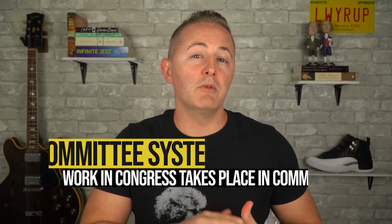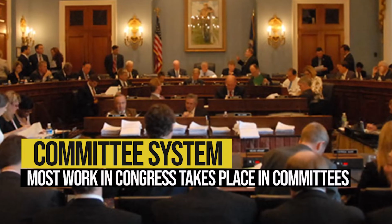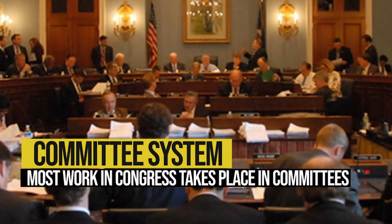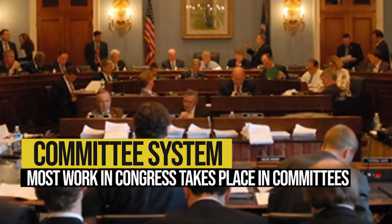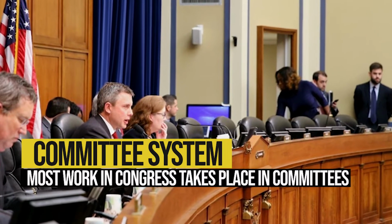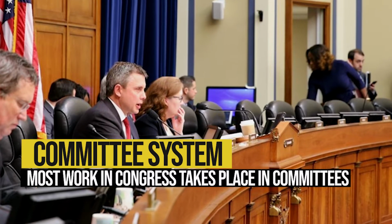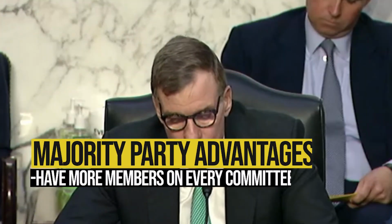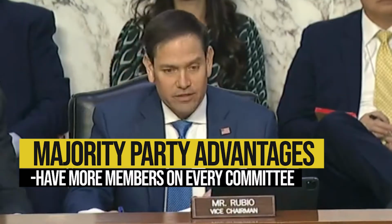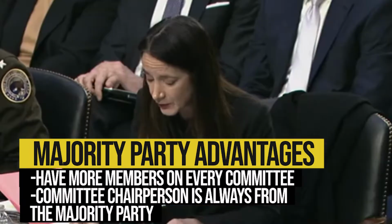Let's start with the congressional committee system, which is where most of the work in Congress takes place. It'd be basically impossible to work on bills with all 100 or 435 members, so instead there are a number of committees in the House and Senate devoted to different policy areas, and the idea is that a smaller group of representatives or senators can work on the bills and also develop expertise in the topics of the committees they serve on. The majority party always has more members on each committee, so they have a significant advantage as bills are moving through committees. The leader of each committee is called the committee chairperson, and they too are always from